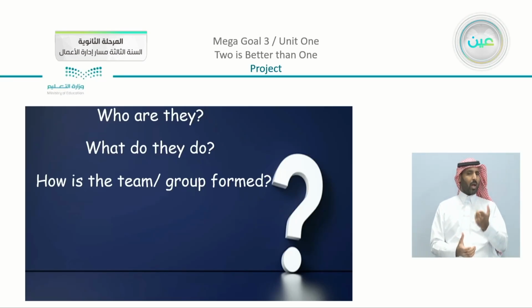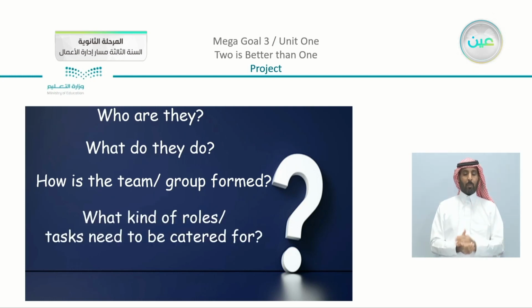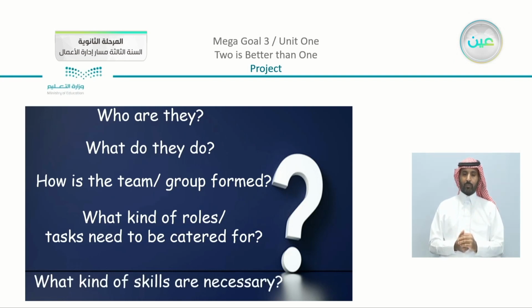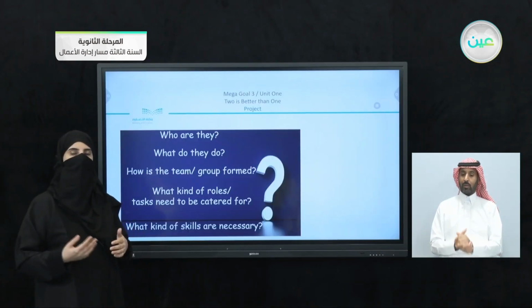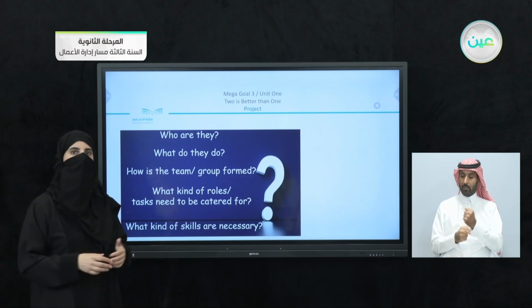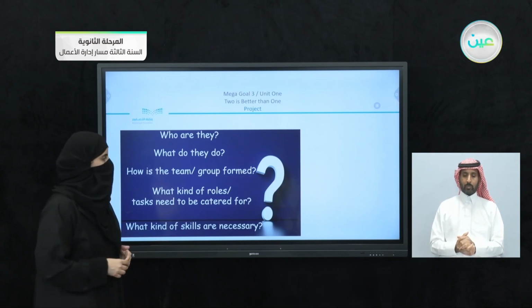How is the team or the group formed? What kind of roles and tasks need to be catered for? There must be different roles or tasks. And at the end, what kind of skills are necessary? These skills, of course, are different depending on the type of team that you have. Now moving on,